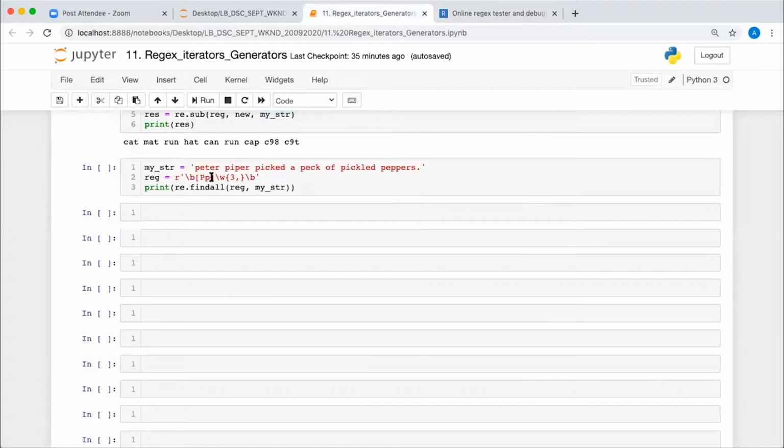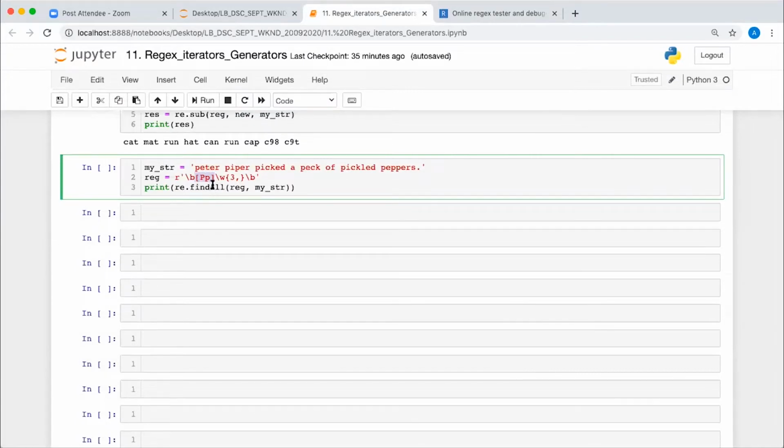Okay, so you understood this one, right? So I am matching with either capital P or small p. So my pattern may start from capital P or small p, and after this there will be one alphanumeric character, and there will be minimum 3 repetition of that alphanumeric character. Means, can anyone tell me what will be the length of my string?